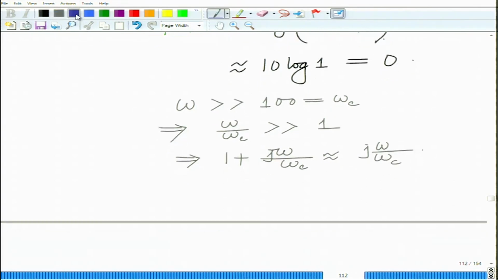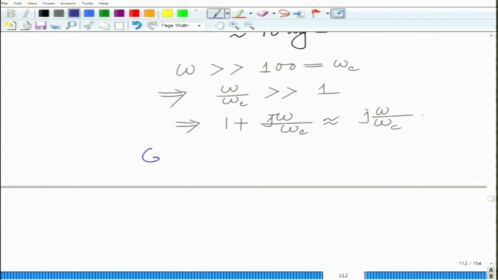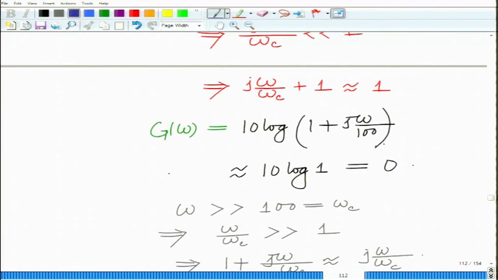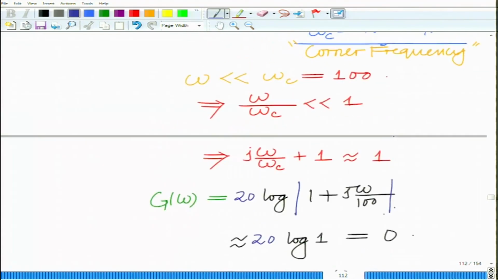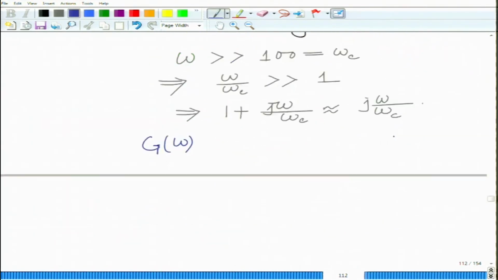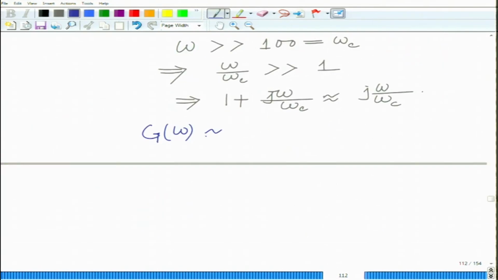Now, therefore, g of omega... I am sorry, here this should be 20, not 10, my mistake. This should be 20, and this should be a magnitude, because this is a complex quantity. Okay. So, 1 plus magnitude j omega over 100. Now, g of omega in this case is approximately